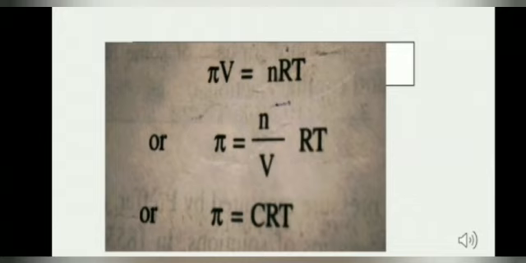Now for a very dilute solution, the osmotic pressure follows the equation pi equals n2 RT upon V, where V is the volume of the solution in dm cube containing n2 moles of non-volatile solute. Here R is the gas constant and its value is 0.08206 dm cube atmosphere per Kelvin per mole, and pi is the osmotic pressure. Now this term n2 upon V is the concentration and it can be expressed in terms of molarity.